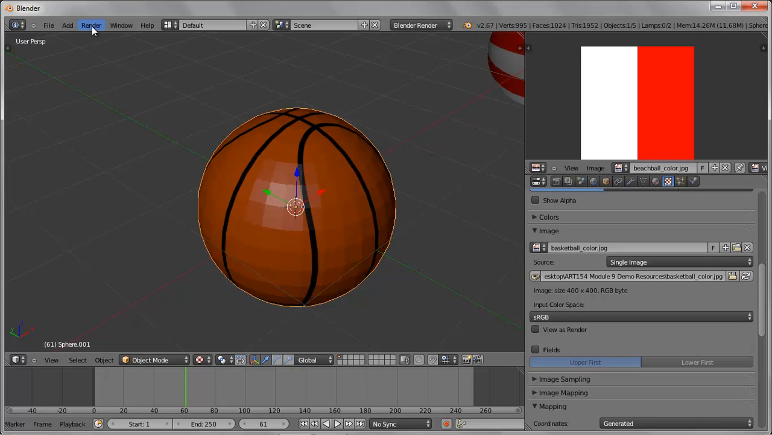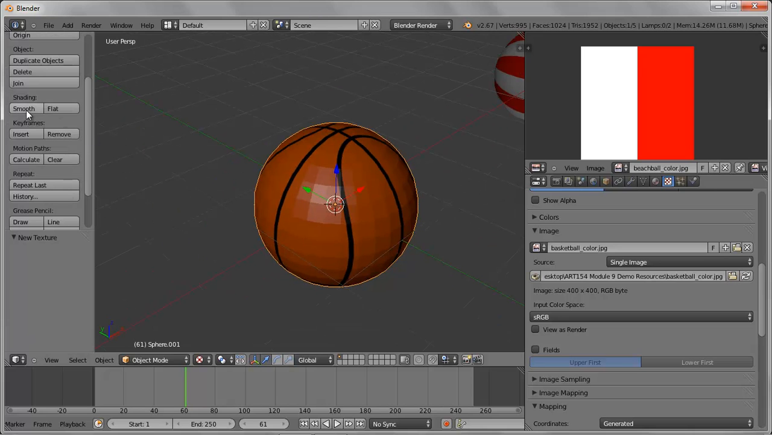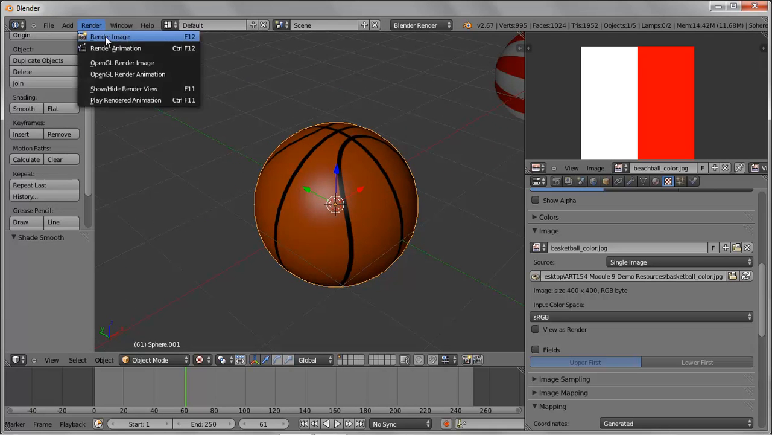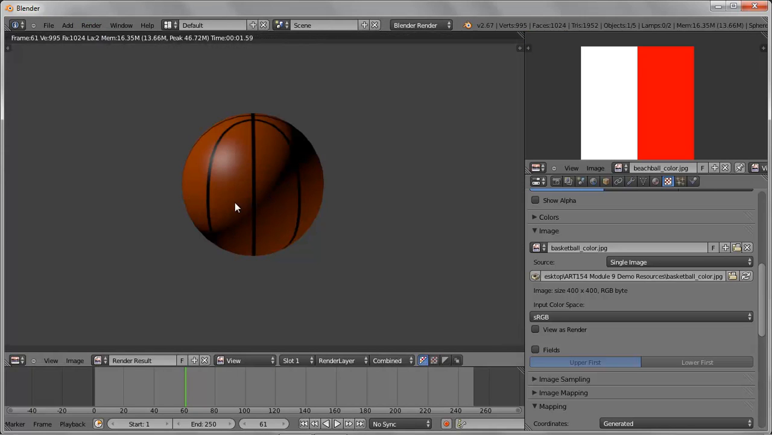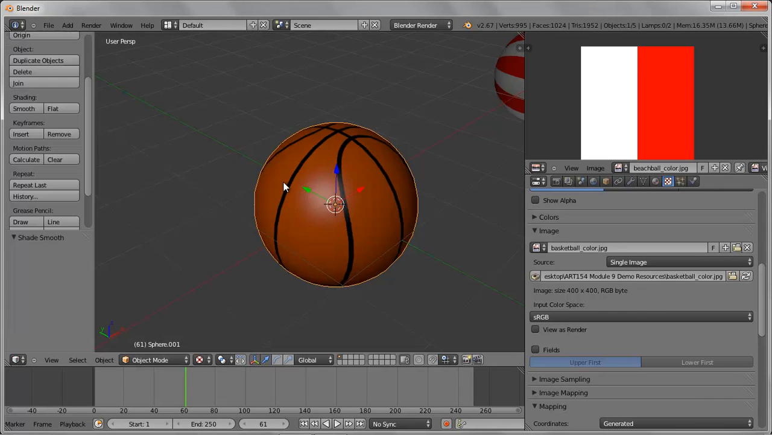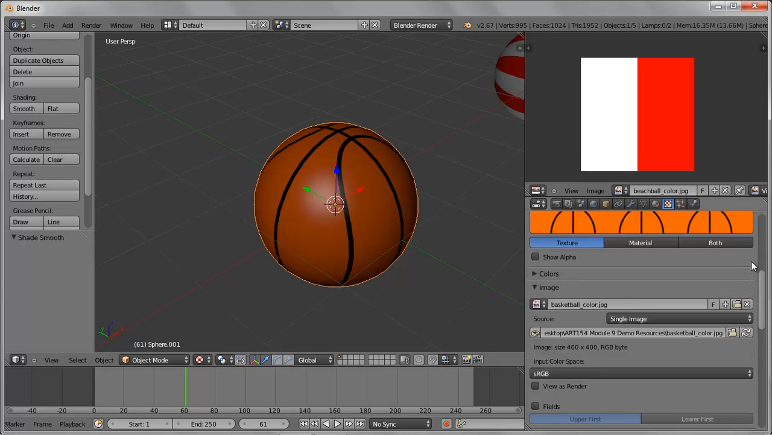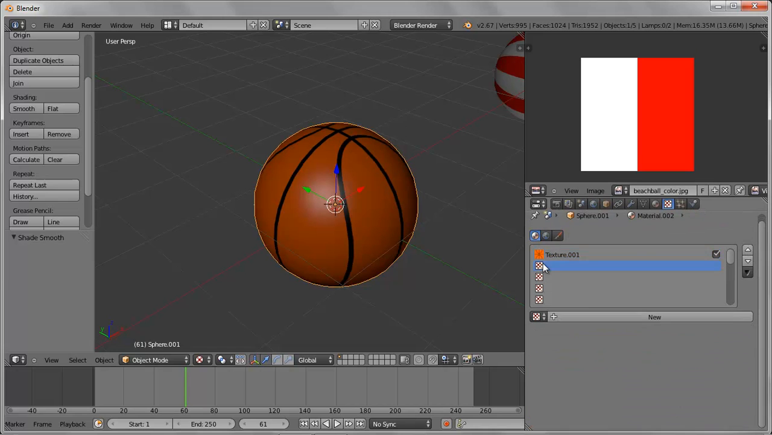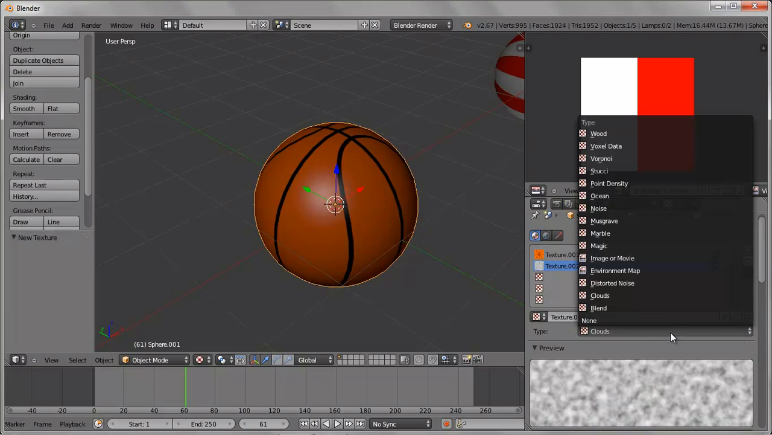Now, if I go to render this, there's two things off. First thing is basically turning on smoothing, so it looks a little bit more realistic. And if we render this out, it looks like one of those fake beach balls that's painted to look like a basketball. So we need to add some other elements to it. So we're going to add another texture. So I'm going to select a new texture channel, hit new, and this one is going to be an image